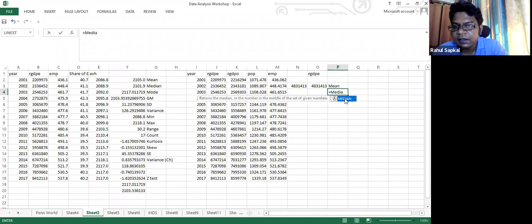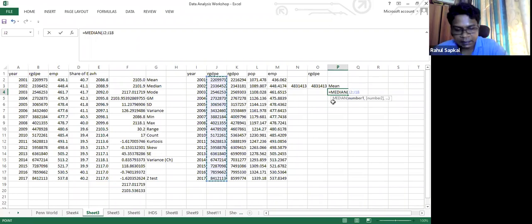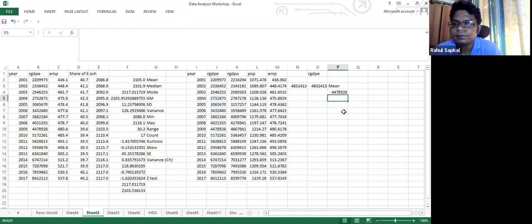Now see, whenever you click on the formula, here you will see number one, number two. These are the qualifiers in which you have to give Excel a command to look into a particular row or a particular column. So here, since I'm looking into one particular column only, I will put median, click here, and close the bracket. This is my median.